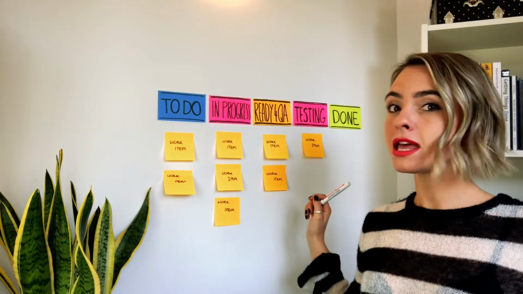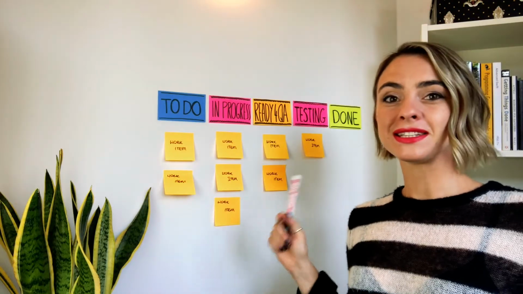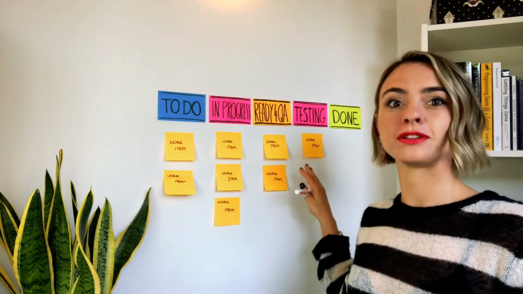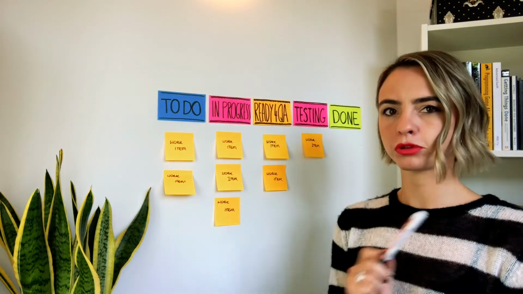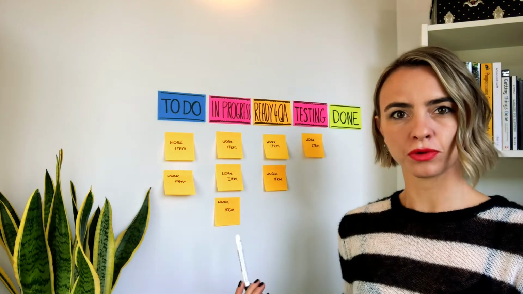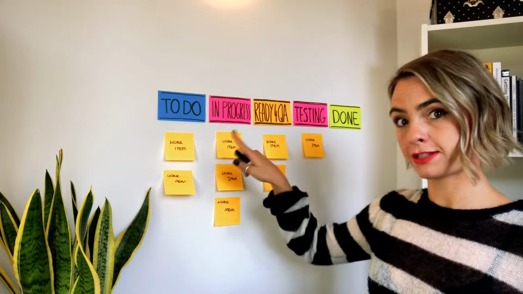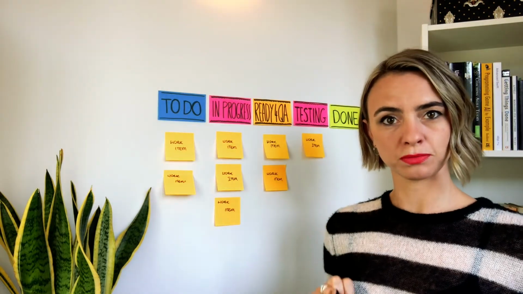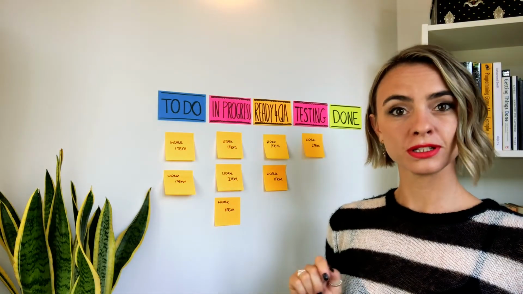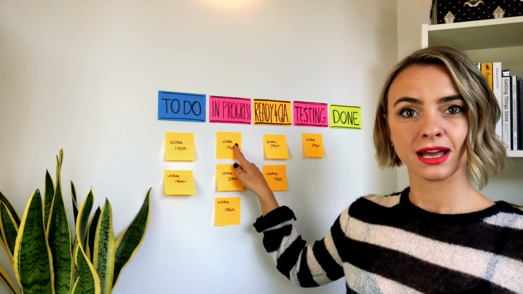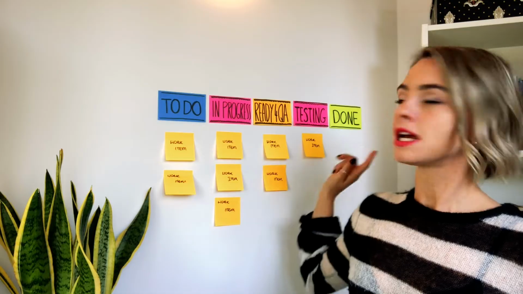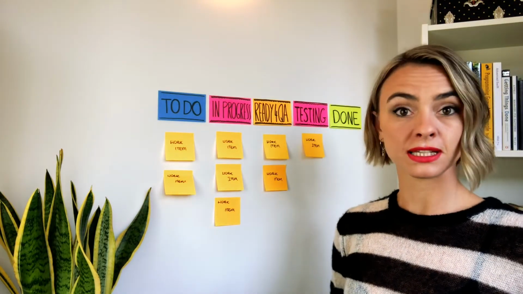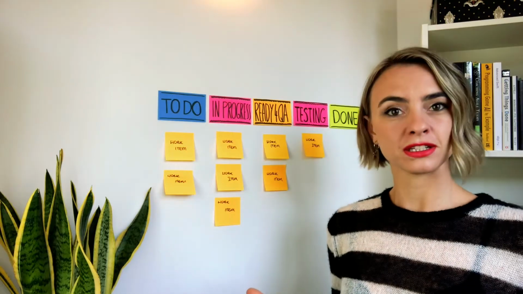I've seen many workarounds where teams created a special column for the blocked issues, for example. Is blocked a new state of your workflow? Do all items pass through it at the same stage? And what if there are two issues blocked? One got blocked during the development here, and the other one got blocked in the ready for QA because you had a problem with the testing environment. How do you manage that?